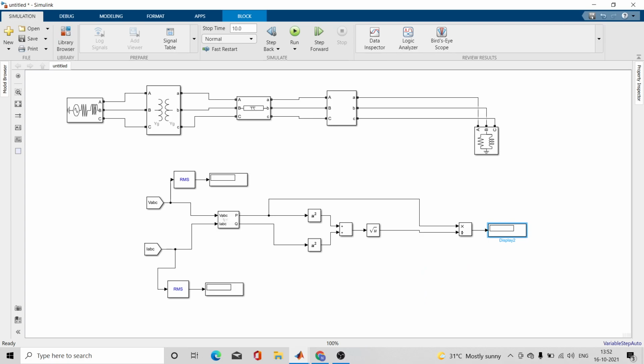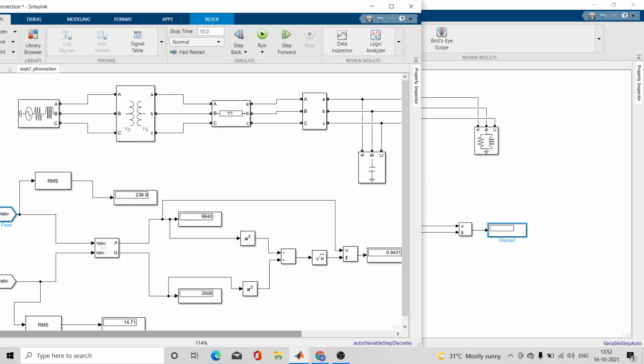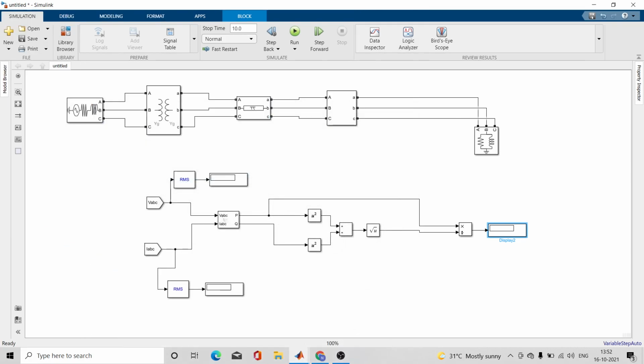So yes, this is all I want. I think I have considered all these things. Even you can display this real and reactive power with the help of displays. You can add it if you want, otherwise it's okay.